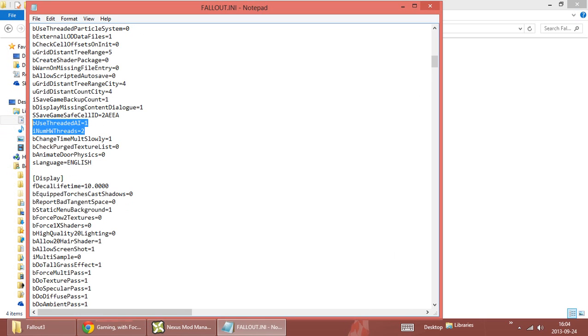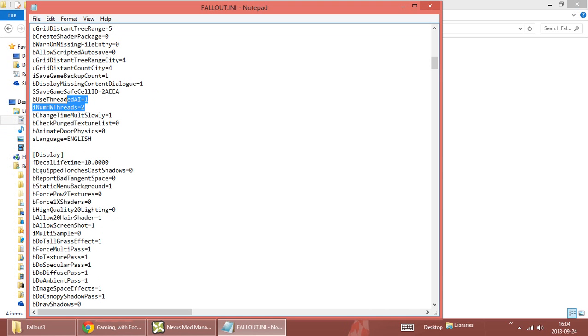And there's something else. Yes, after you've added this line, change this to 1. What this does, it limits the cores that will be used to 1. So yeah, you want to save that,